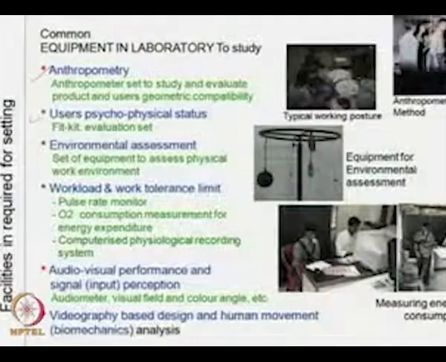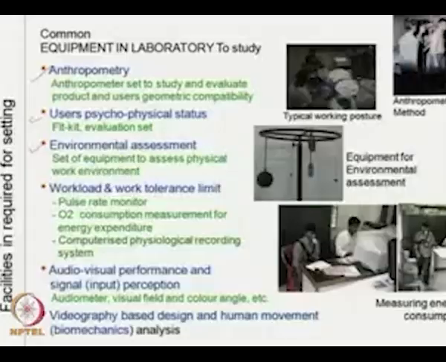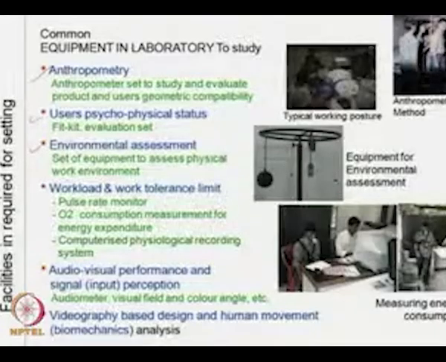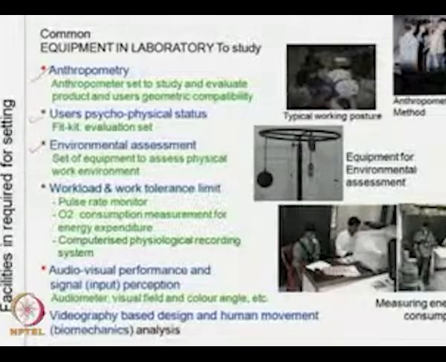User psychophysical status, a fit kit and evaluation set, means to understand or assess the physical status of that person, meaning heart rate, body temperature and others. Like environmental assessment: where the person is working, what is the environmental load on him. For that, a set of equipment to assess the physical work environment like heat, humidity, ventilation, illumination, etc. and vibration, and their effect